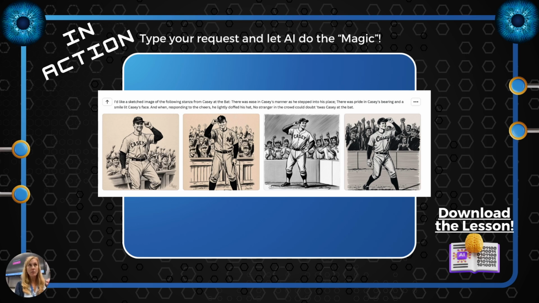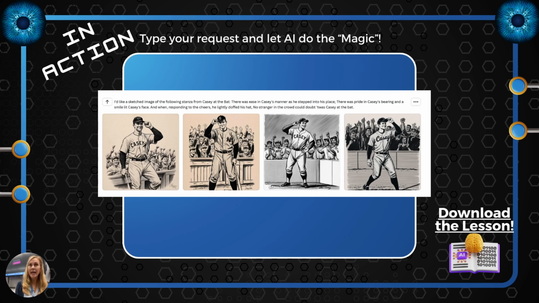So I had each group working with a separate stanza, doing their own illustration of that stanza. After they were finished, I then went into the Dreamlabs section of Canva and I had it generate an image based on the stanza. So I actually copied and pasted the stanza from the poem right into the AI image generator, had it generate the image, and then I passed those images out to the students who had the matching stanza. Their reactions were